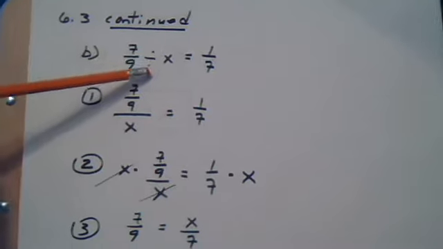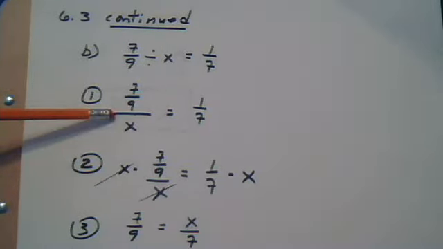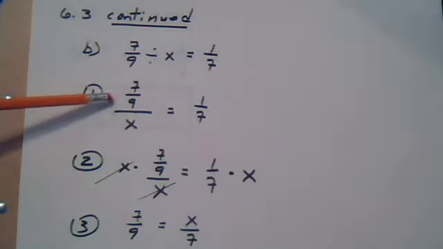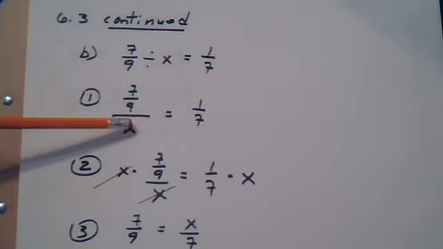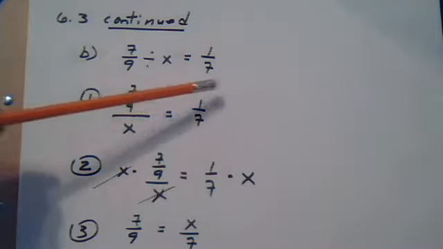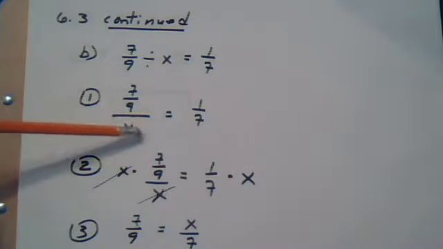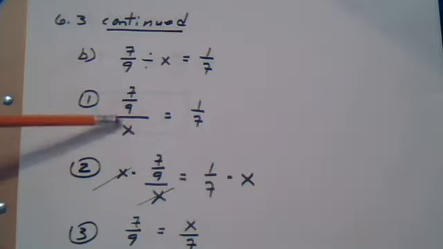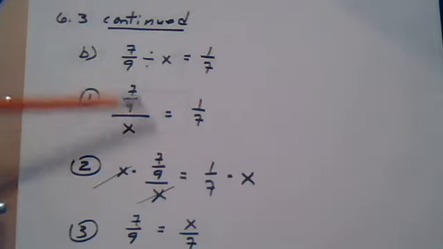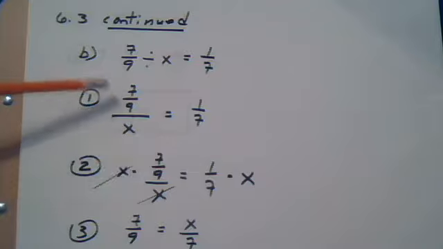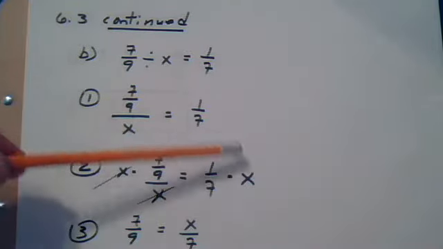For B, we're going to go ahead and change this division symbol to this one. So this can be written like this also. Now we're going to get this x up on the top. We need to put this x on the top. So I'm going to go ahead and multiply both sides by an x. That cancels this x, cancels it to 1. This drops here. But if I multiply this side by an x, I have to multiply this side by an